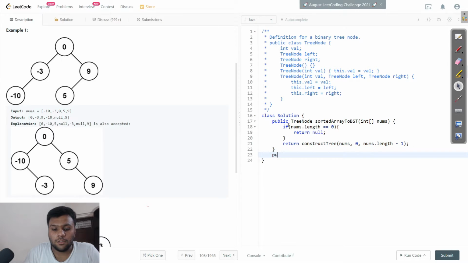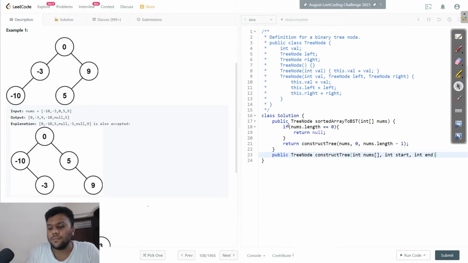All right, so let me make my construct tree function over here, and I will simply copy this one, because I don't want to type it again and again, saving the time. That's what we engineers do. I will call the parameters start and end.